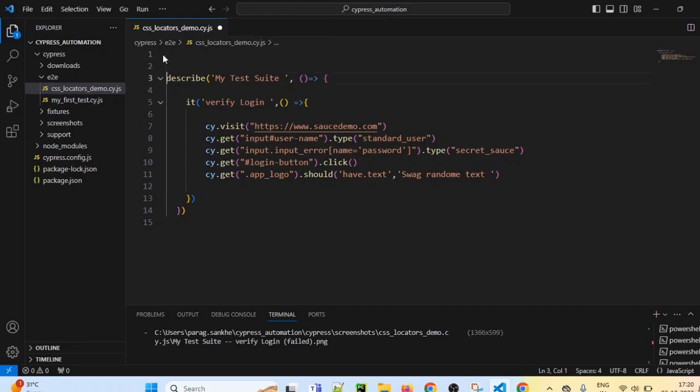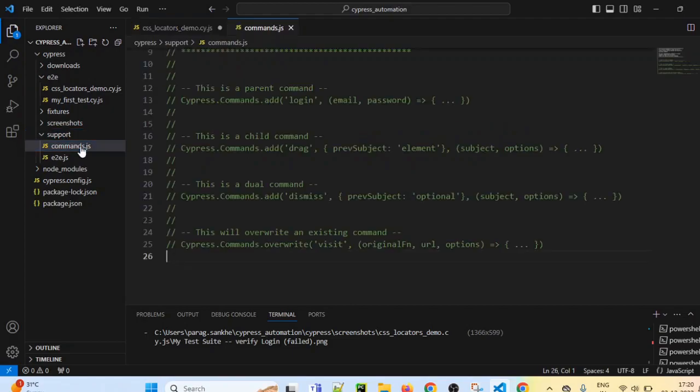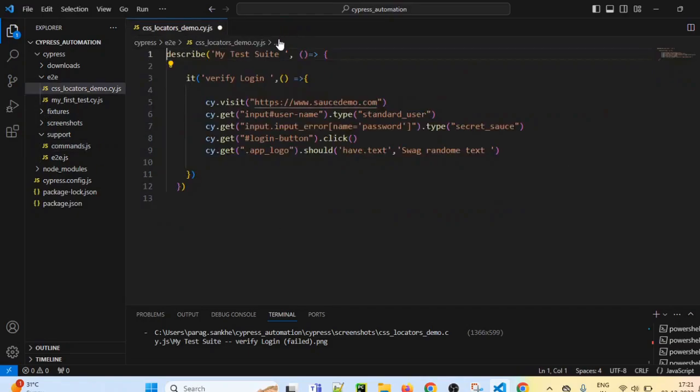I am just removing this line from this spec file and I will put that line in our Cypress folder in our project. There is a support folder. Inside support, there is a command.js, and in this command.js file, we can just paste this. If you add this line in the command.js file, it will be applicable for all the spec files. So once you write it in this file, you don't have to write it in every spec file.